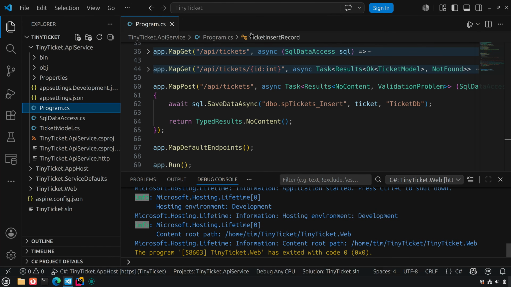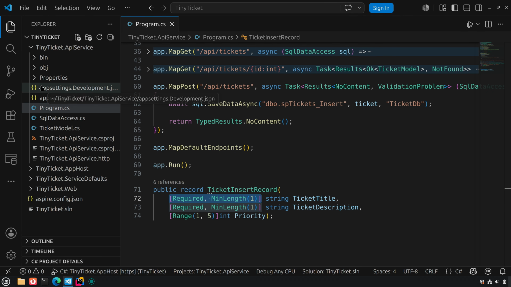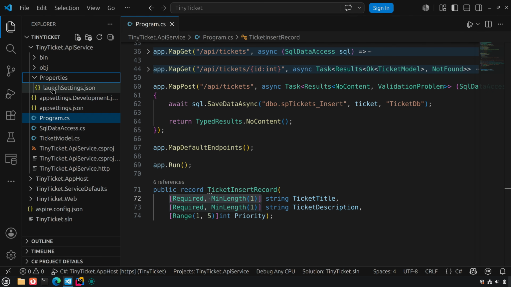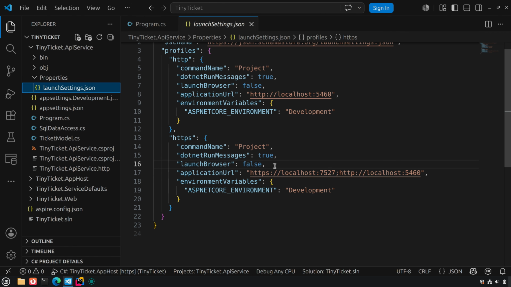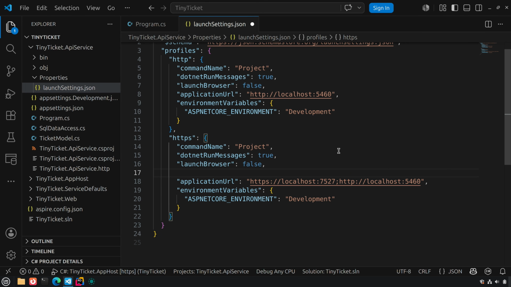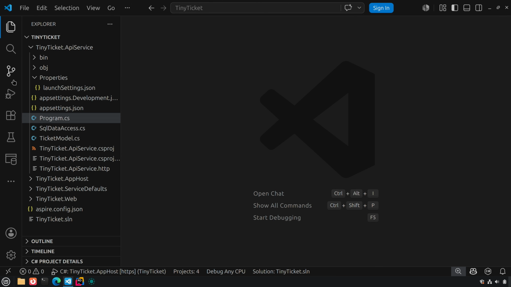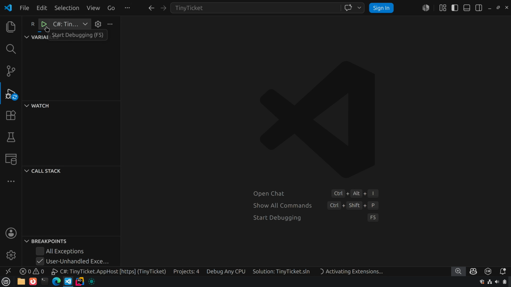So let's stop this. And what we're going to do is I'm going to do one more modification, and that is under properties, launch settings. We're in an HTTPS profile. I'm going to say launch URL, and we're going to say /Swagger. Saving this. This is what's going to change where we go when we launch our API. So now if we come back over here and hit run,